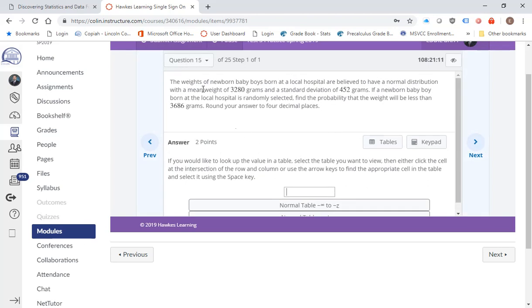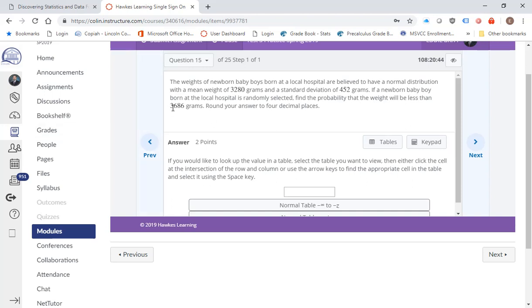All right. The weights of newborn babies born at a local hospital are believed to have a normal distribution with a mean weight of 3,280 grams and a standard deviation of 452 grams. So you need to write down, this is your mean, this is your standard deviation. If a newborn baby at the local hospital is randomly selected, find the probability that the baby will weigh less